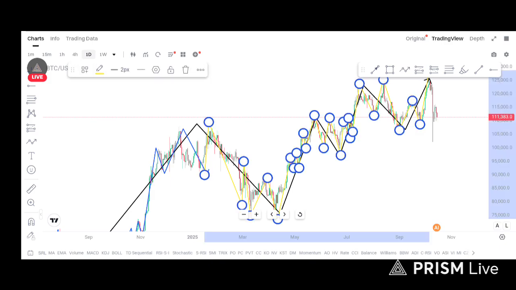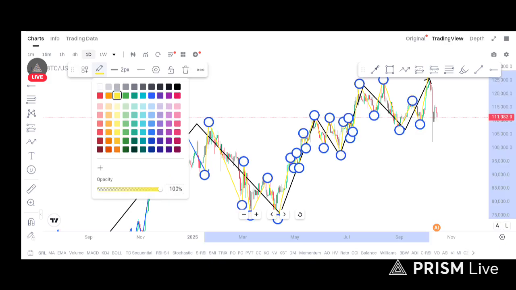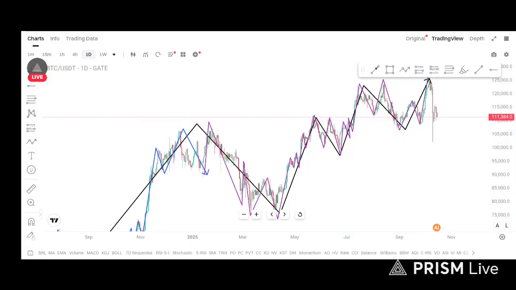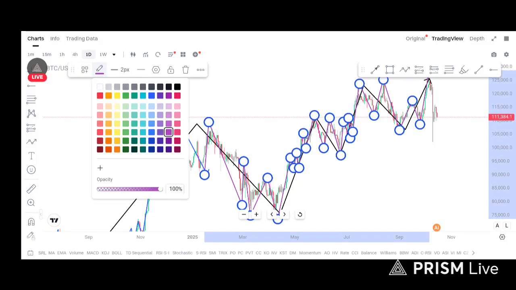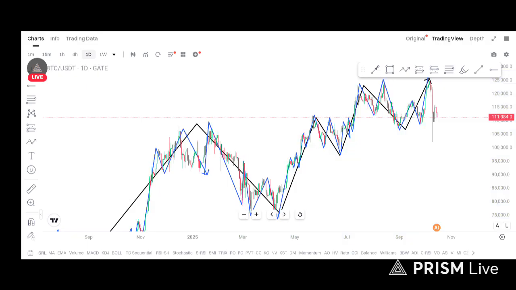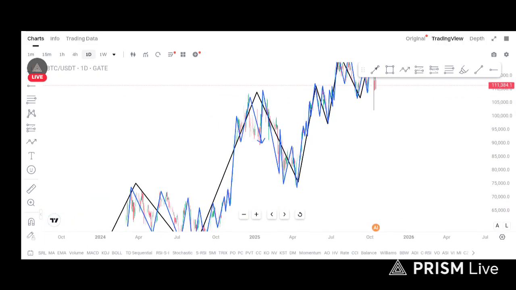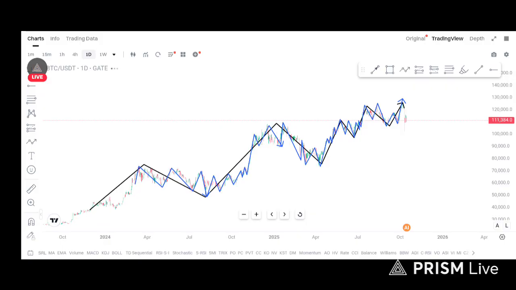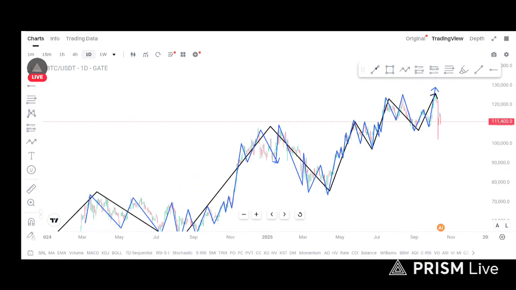No, it's not good at all. Which color can we use? These colors are really bad. Let's leave it the blue. Very simple. Each pullback and each correction and each impulsive move, which is the continuation,